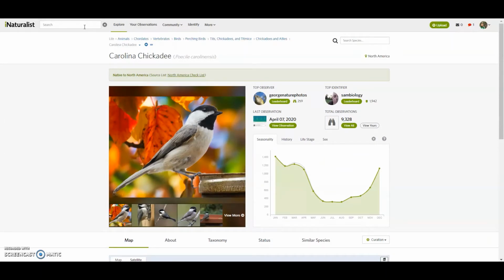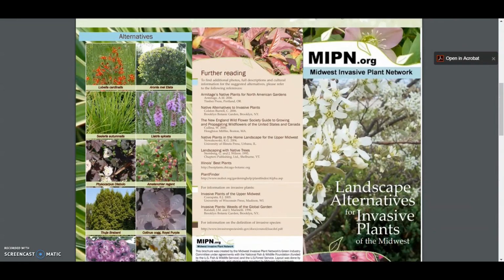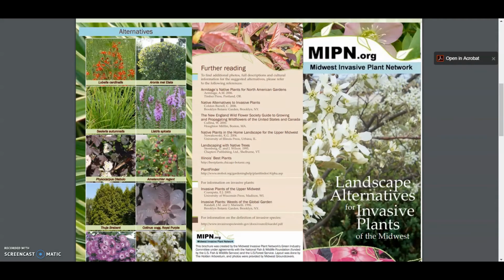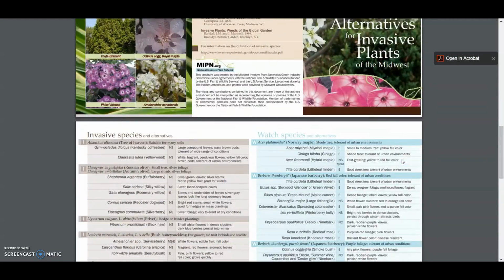I wanted to bring up a specific example, a specific point. My dad and I were talking about his yard, on a hillside, where he's cleared a bunch of invasive Japanese honeysuckle, and so he wants to find another plant species to maybe occupy that space. Certainly, he's also just going to see what's in the seed bank that has been crowded out by that honeysuckle, and will come back. But we're talking about a genus, Weigela, which on this cool pamphlet through the Midwest Invasive Plant Network is described,